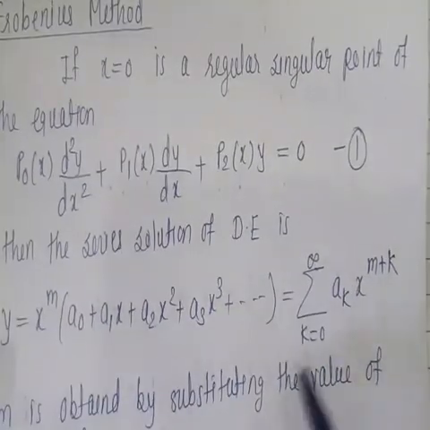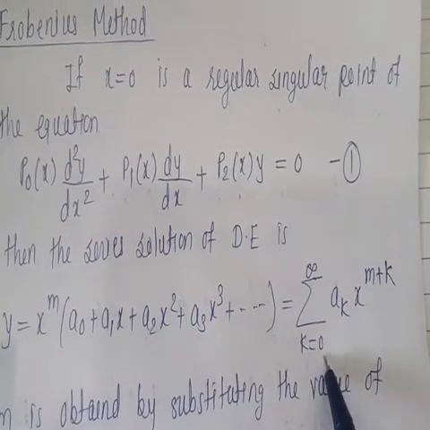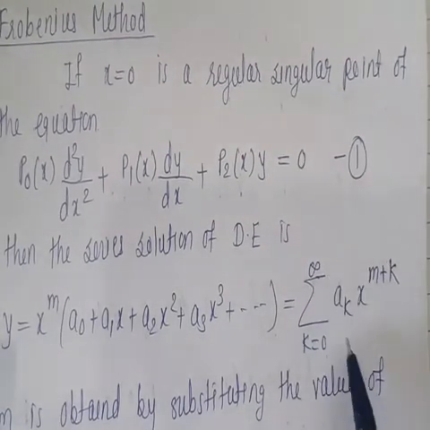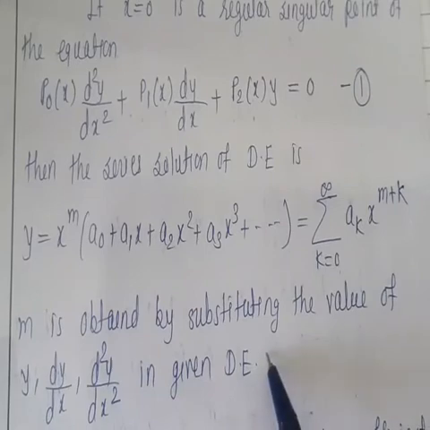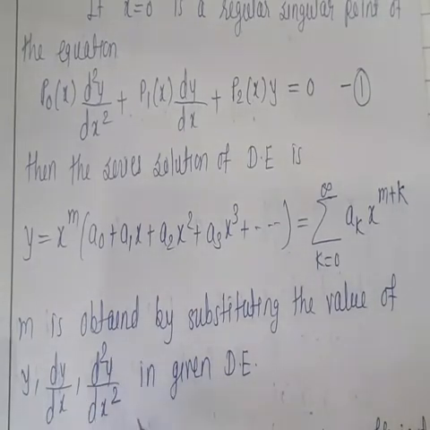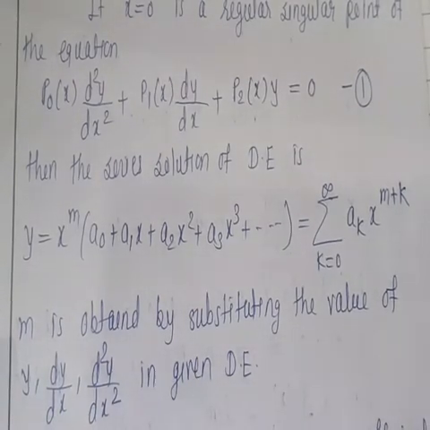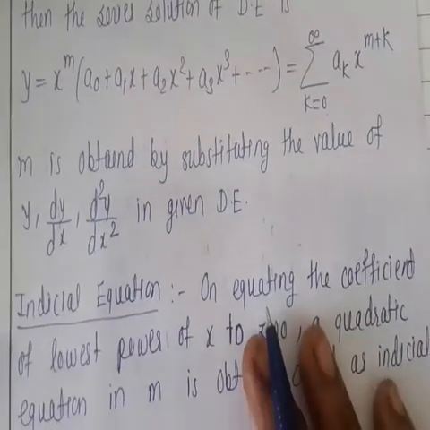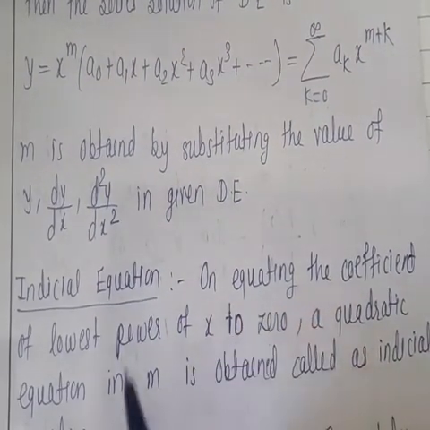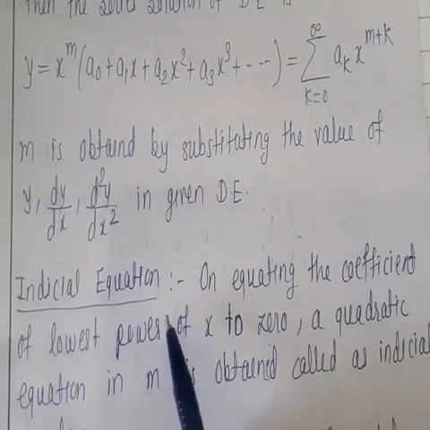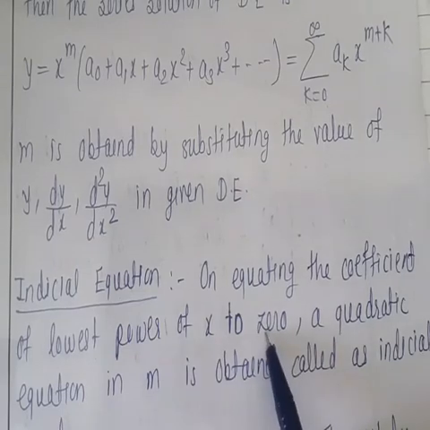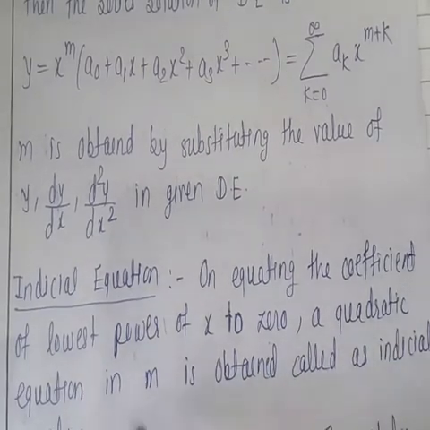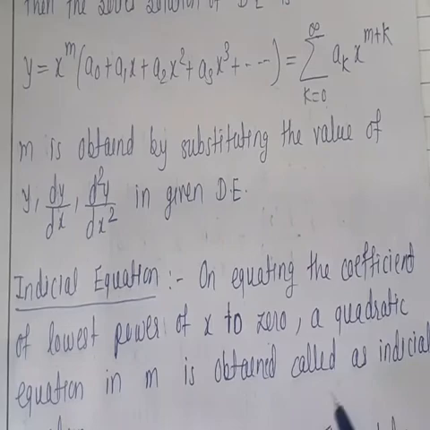Now it can be written in summation form: summation k is equal to 0 to infinity ak x to the power m plus k. Now m can be obtained by substituting the values of y, dy by dx, d2y by dx square in the given differential equation. To find m, we get the indicial equation. On equating the coefficient of the lowest power of x to 0, a quadratic equation in m is obtained, and that equation is